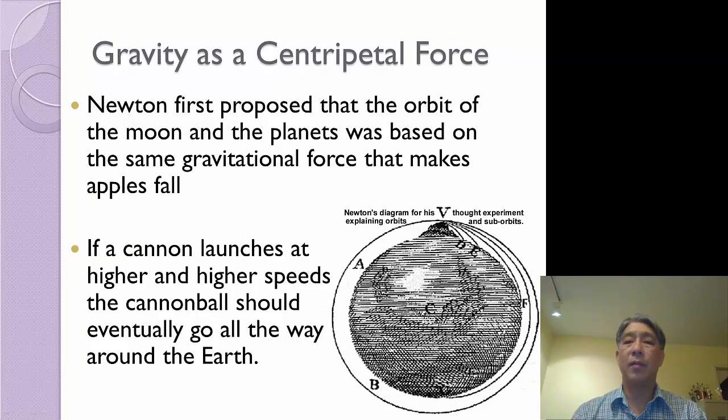So first off, gravity is a centripetal force, okay? Newton developed his three laws, and then he noticed that the moon goes in an orbit as well, okay? So the moon goes in a circle, so there must have been some force causing that moon to go in a circle, and that's where gravity comes in. Okay, so he thought about it, and the picture we have in the lower corner is from his Principia, where he came up with the